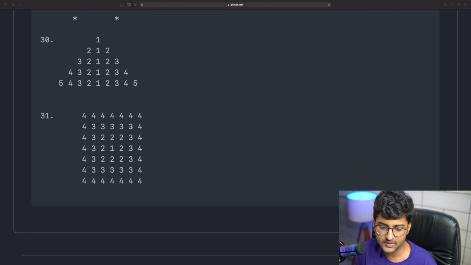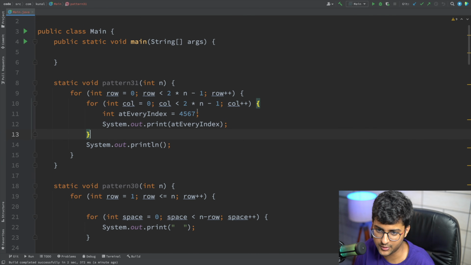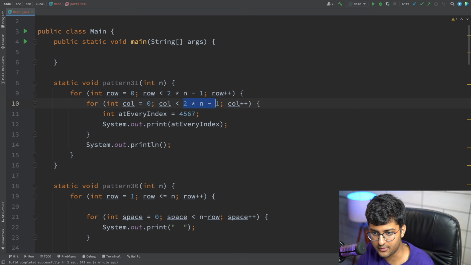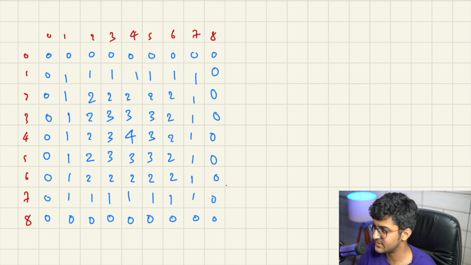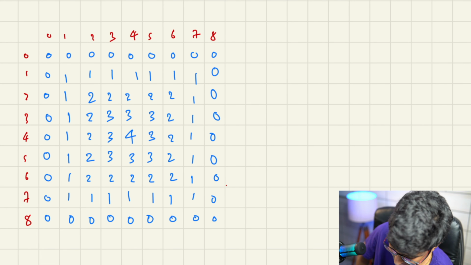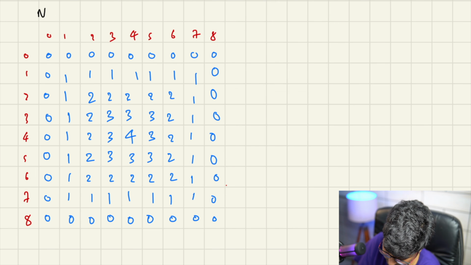So in this example, let's try to think about it in a different way. So far so good. Here we are having this many rows. That's okay. At every index is what we need to figure out. So let's look at it from a different perspective. Imagine, in order to make things simpler, this is for n is equal to 4.